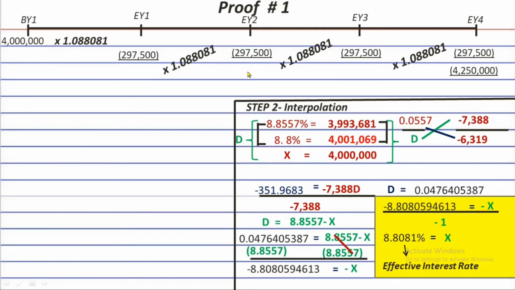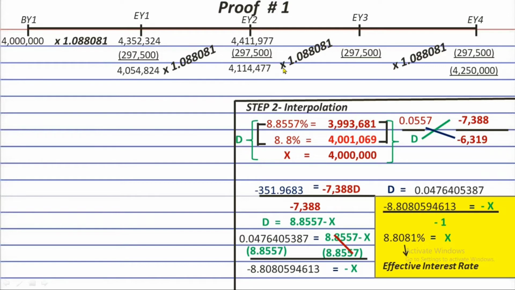Now let's complete this timeline and see if at the end of the fourth year, this will really become 0 here. Okay? So, 4 million times 1.088081, and we will get 4,352,324. And then minus 297,500, the first interest payment, and we will get 4,054,824. And times the second 1.088081, and we will have 4,411,977, and then minus 297,500